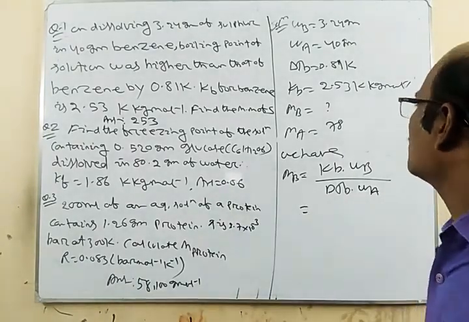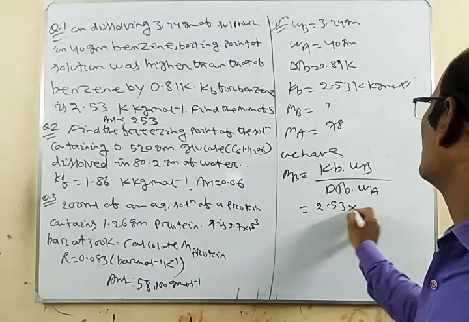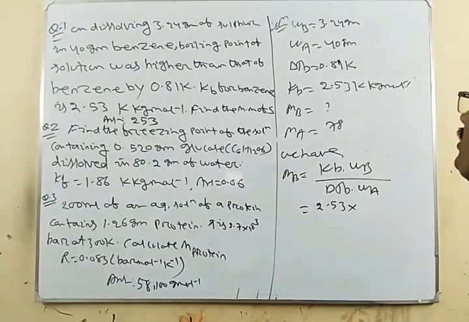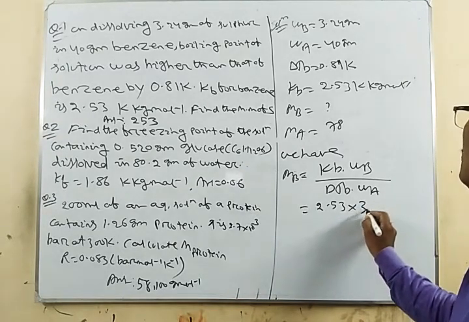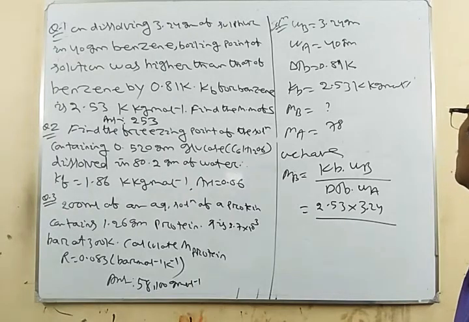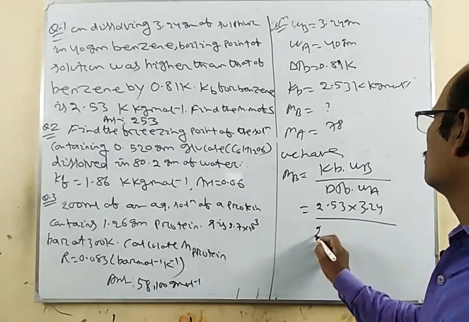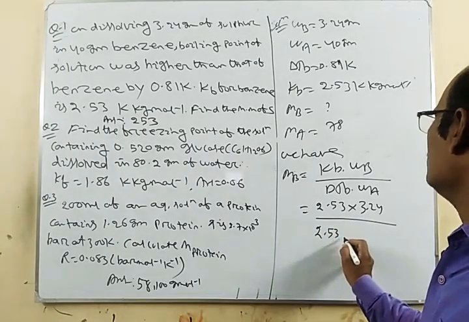So how much is K_b there? 2.53 into W_B, how much is there? 3.24 by delta T_B, how much? 2.53